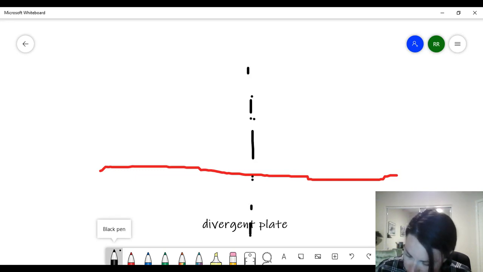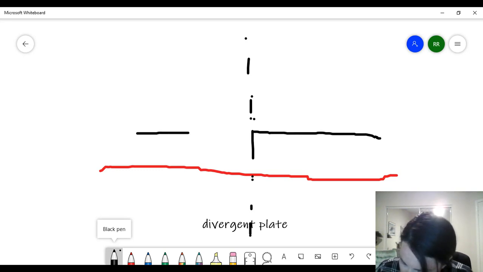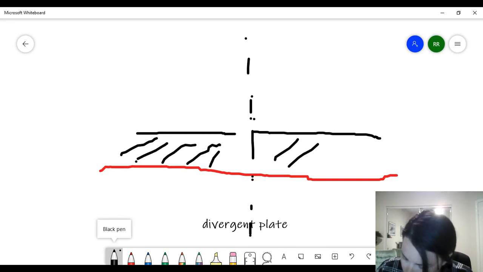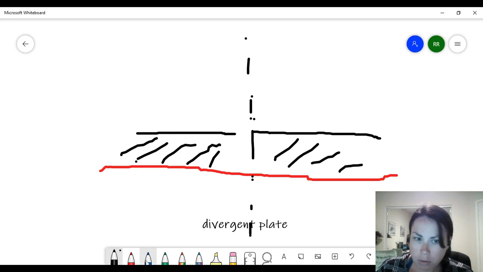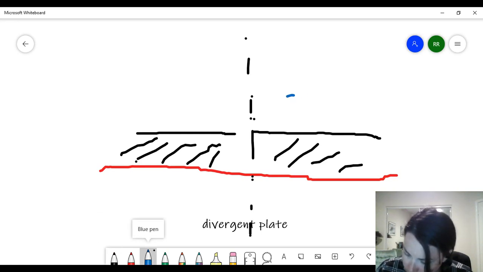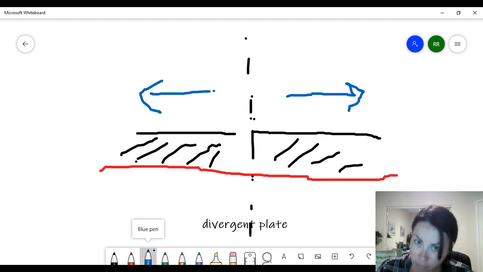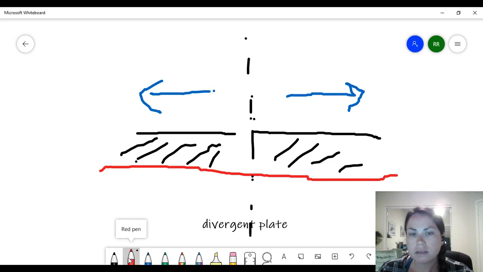And above the asthenosphere is where you have the plate, and this plate is being separated. So this is my lithospheric plate, and the plates are moving away from each other, like so. And in between here at this plate boundary, this is where we get new